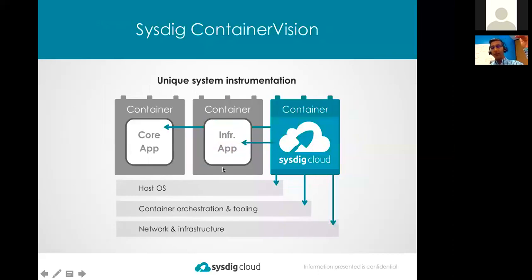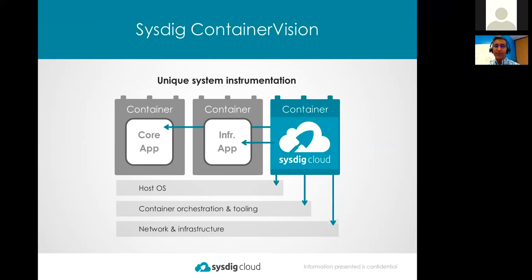So we're at the 10,000, now maybe the 50,000 foot level in terms of what's going on with this world. Let's go all the way down to an individual host, the individual kernel running on that host. Let me talk a little bit about how Sysdig instruments systems to help get around some of these problems, and then we'll look at some of the impacts of this instrumentation and how it works. And by the way, right after I describe container vision, I'm going to stop for questions because there's usually a healthy number of questions around this.